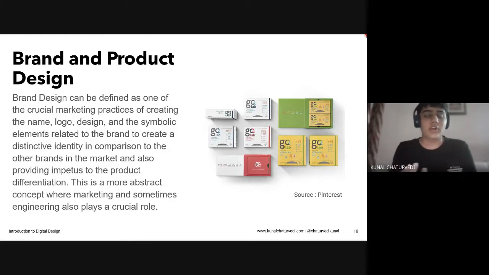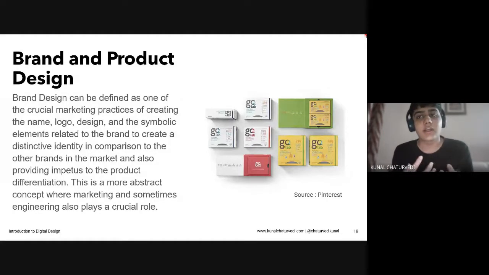So whatever designs you see of the products everywhere, for example, let's say Haldiram products, or your biscuits, maybe Good Day or Hide and Seek, or Pringles. Pringles is actually a very big example. I should have included it in here. Pringles recently redesigned their whole packaging, and they changed their mascot a lot. So these are things where companies